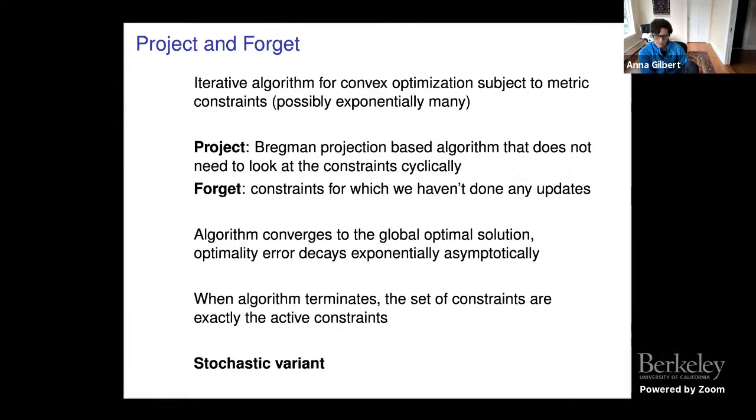And with one or two more, I think, reasonably mild assumptions on the objective function, we can get an exponential decay rate asymptotically for the error. What's also kind of nice about the proof of the convergence is that you can see that the set of constraints at the end, when the algorithm terminates, is exactly the set of active constraints. So I won't go through the proof of the theorem,